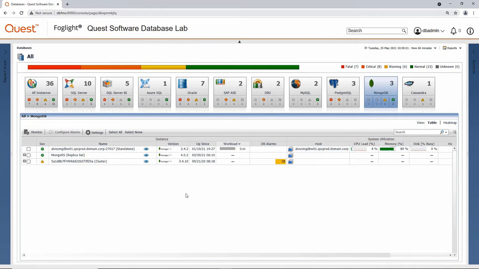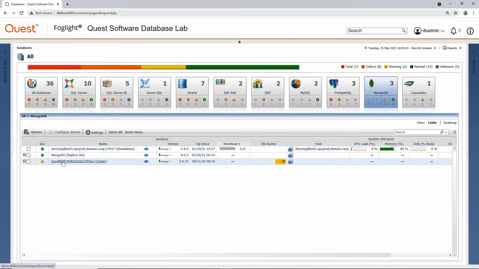Now from here, so far, we've been focused on that centralized visibility into the health of our MongoDB deployment. Once we understand that there might be an issue, or perhaps if one of our users has asked us to troubleshoot an issue, we can now switch into more diagnostics mode in Foglight. And we're going to do that by leaving the global view and drilling into a particular component of our Mongo infrastructure. And the dashboards presented will be dependent on the level of the infrastructure that we drill in at.